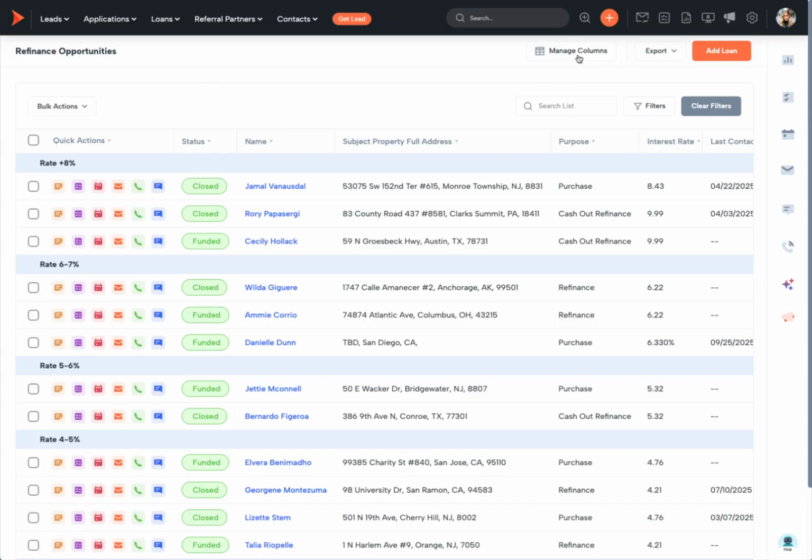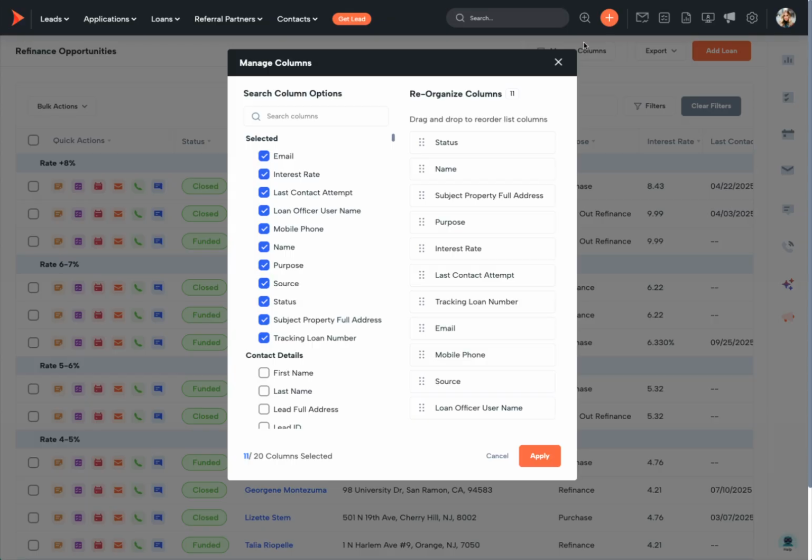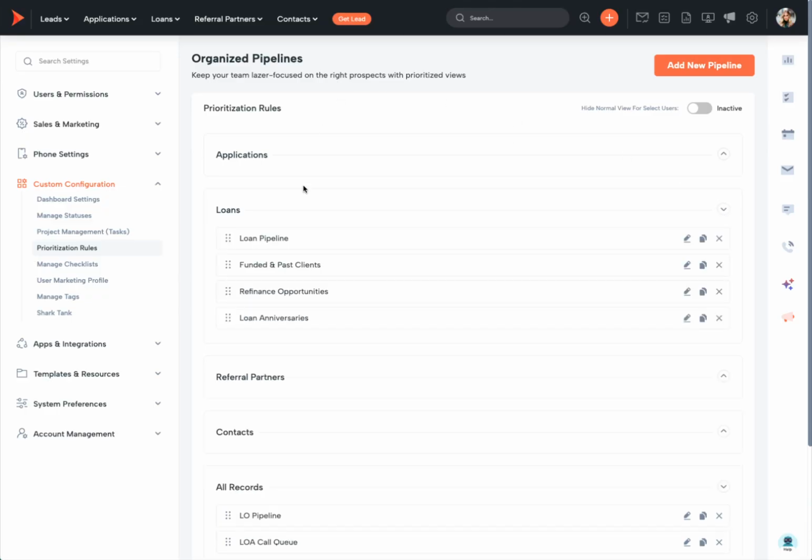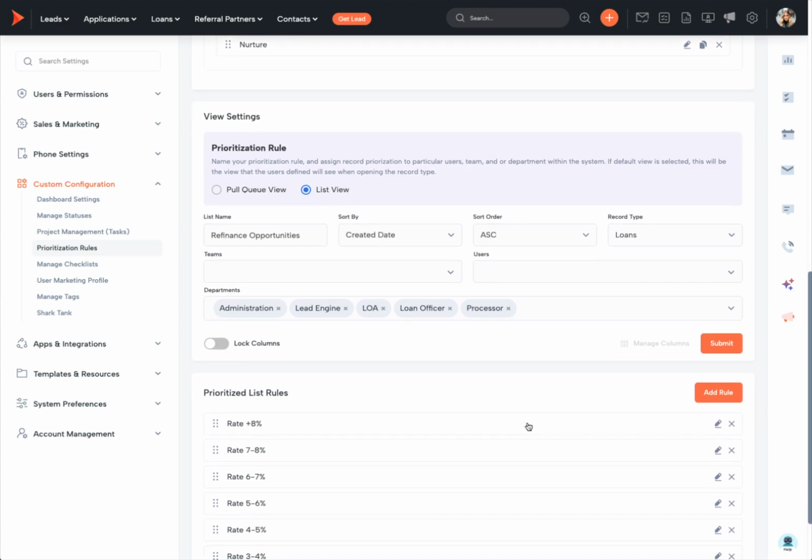And we can either allow you to open up your columns and have every user manage them in the way they want to see the data. Or what we can do is lock those columns to a particular set of columns to really give you the information you need at your fingertips. Super easy to do. We can also ensure that this particular view is only accessible to certain teams, users, or